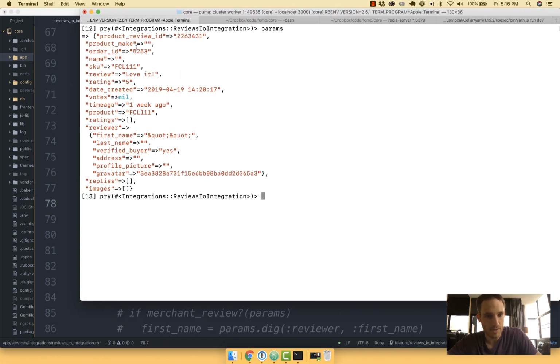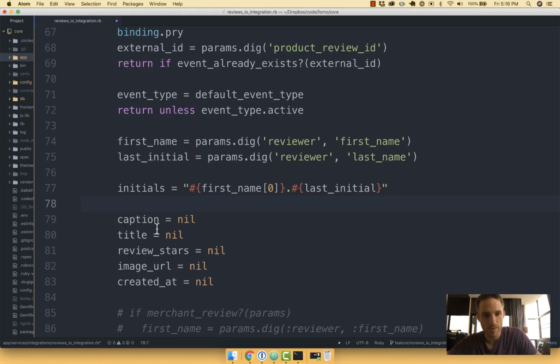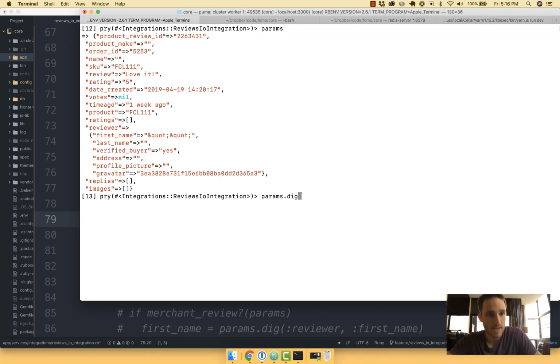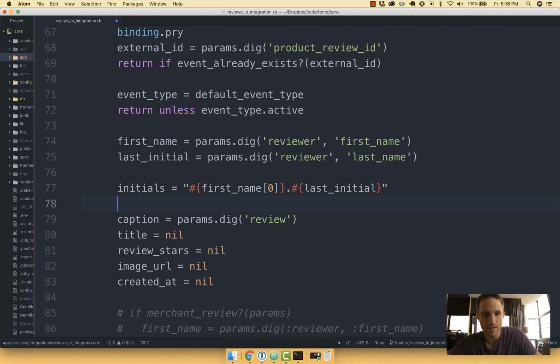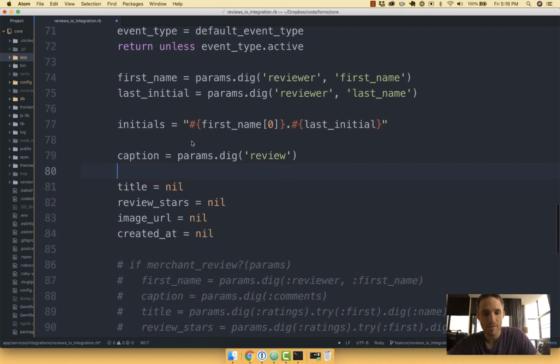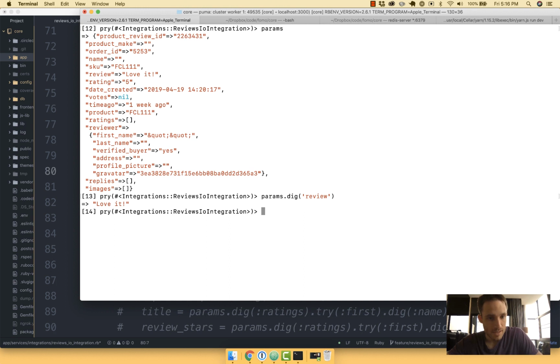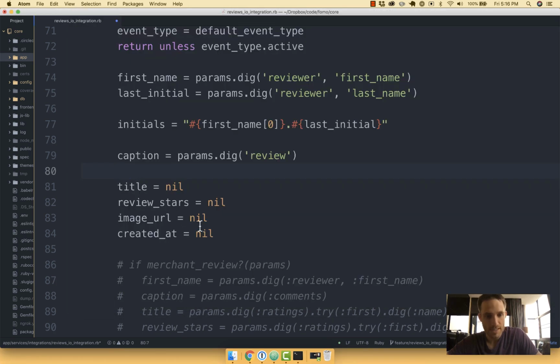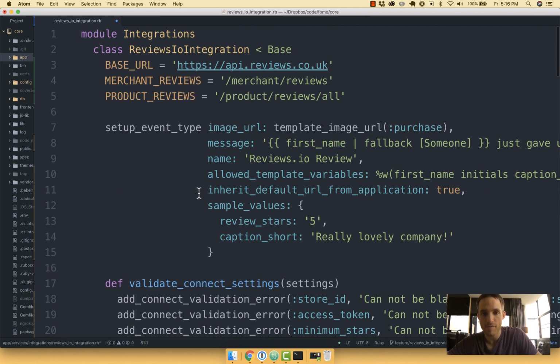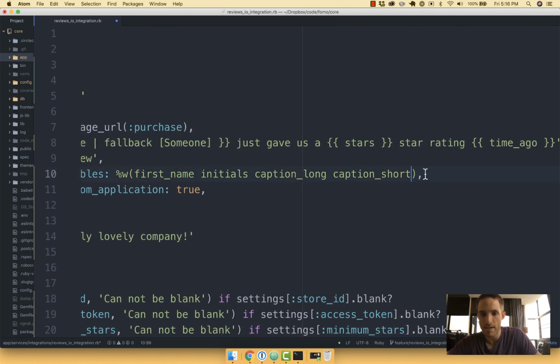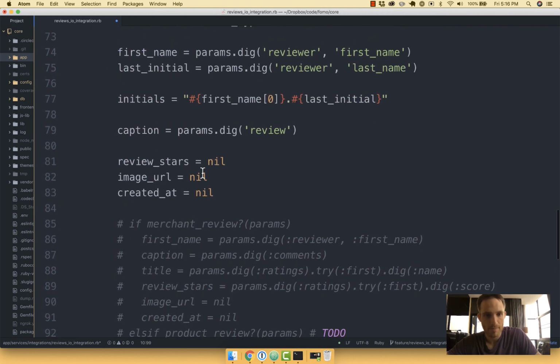Now let's see where I can grab that caption. I'm going to grab this review. It's really just review. Comments seems to be something they use in their merchant review paradigm, so that's fine. So params.dig review. I don't really like this architecture. I think the whole object is a review. I think that was a shortcoming on their naming, but naming is hard. I get it. Title. I don't really see something that looks like the title of their review. So I'm going to actually skip title. Yeah, I'm actually going to nuke title from the realm of possibility here. So let's delete that. Going back to where we're at, caption,